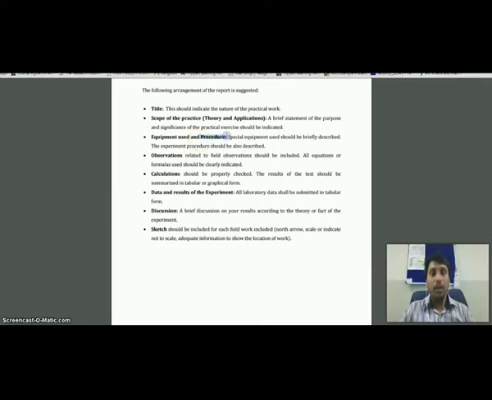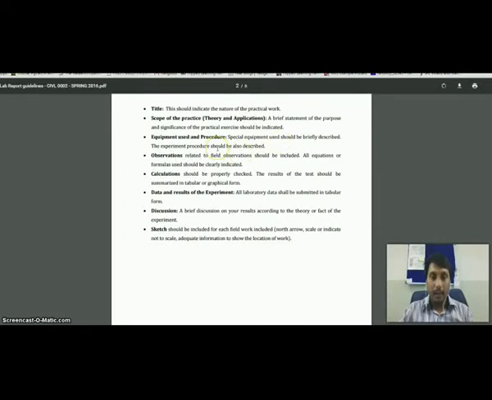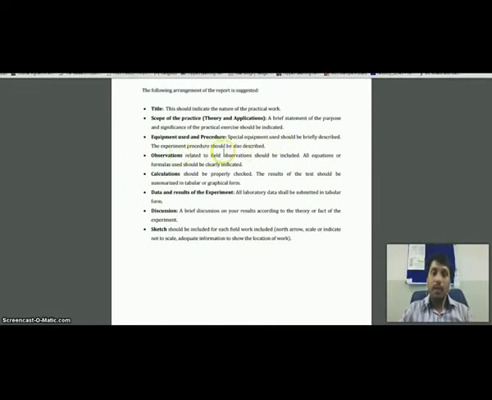Now coming to procedure, you have to write the experiment 1, experiment 2 and experiment 3 procedures in a small paragraph, like summarize it. If this is coming under 3.1, procedure for the first experiment, write a short paragraph. Procedure for experiment 2, what you have done, how it is carried out. Procedure for experiment 3 is the same thing. Which place you have selected for the experiment, what you have done, what is the task given to you. Write it as paragraphs, like 3.1, 3.2 and 3.3.